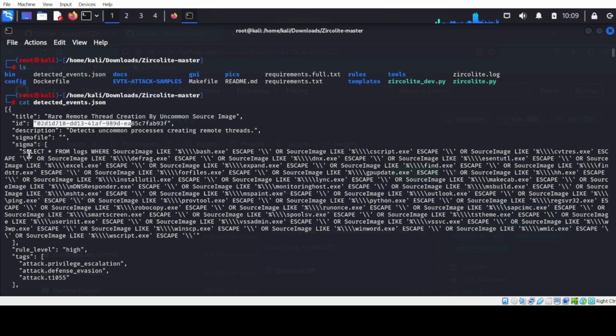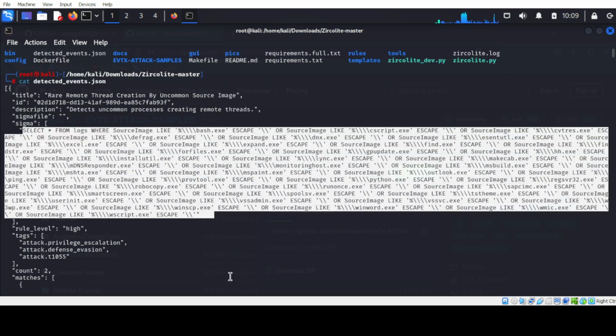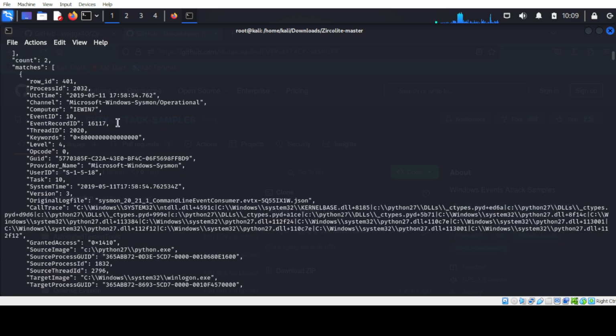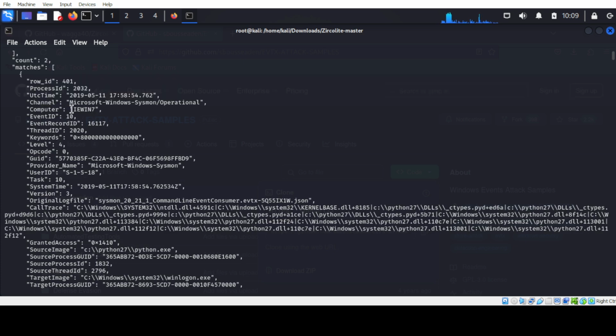The ID is present. This is the Sigma rule query that is actually run to perform the analysis on the specific event. Here you can see some details related to that event: the computer name, this event belongs to this computer, the channel name, and the time when this event was created.